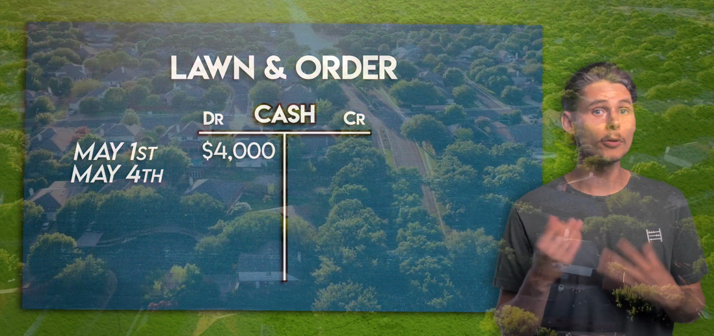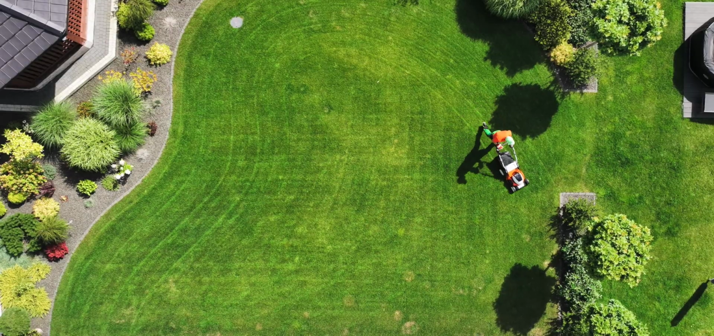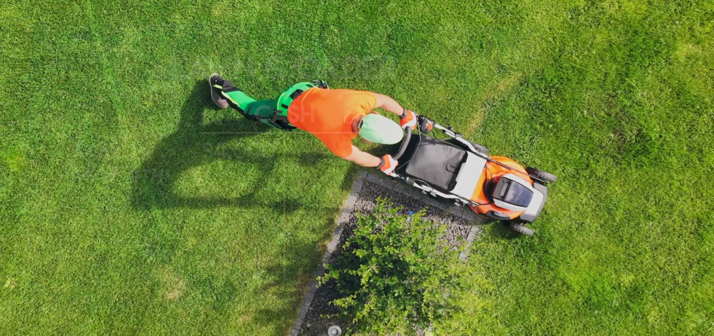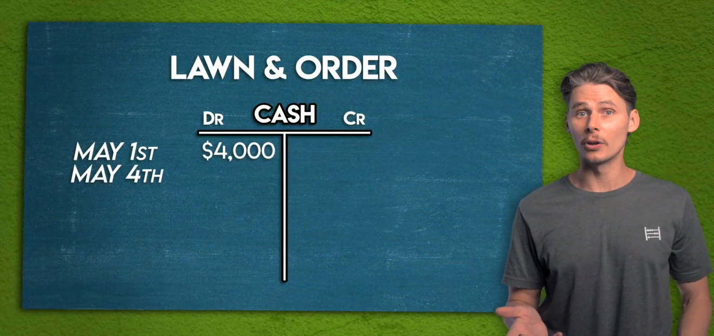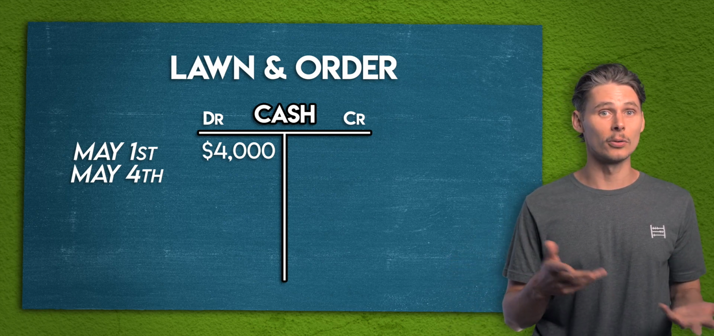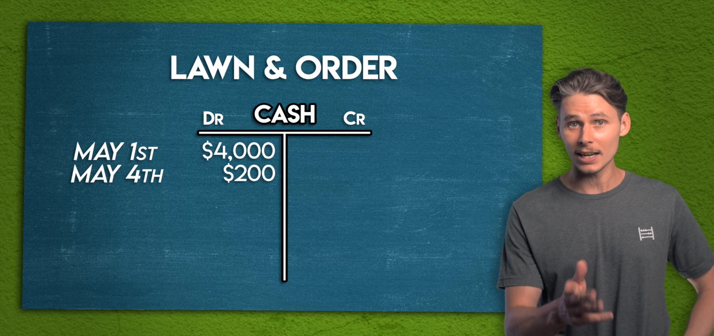On May 4th, you perform a basic lawn mowing service for a client and get paid $200 in cash. How do you record this? Well, the cash balance for Lawn and Order has gone up. Cash is a normal debit account, so we increase it by debiting the left side of the cash T account